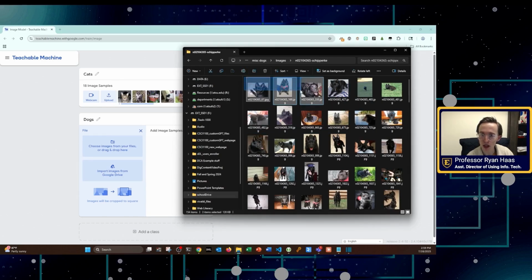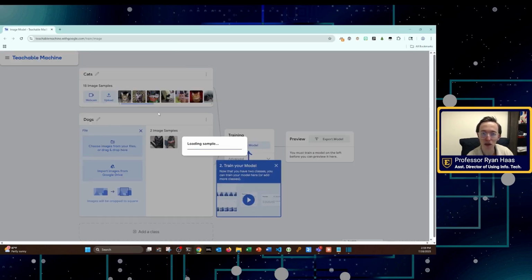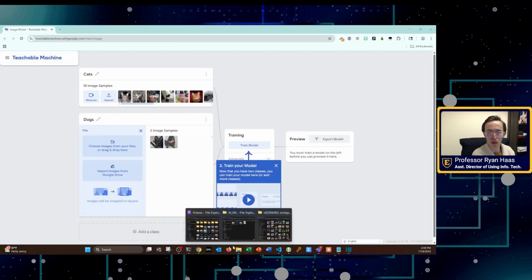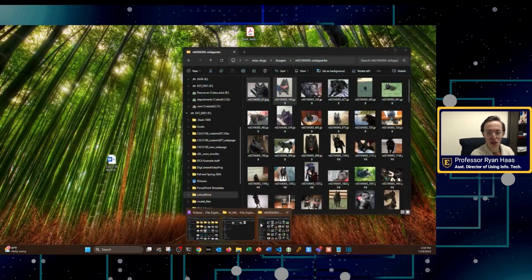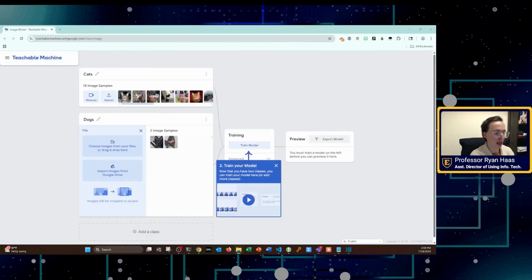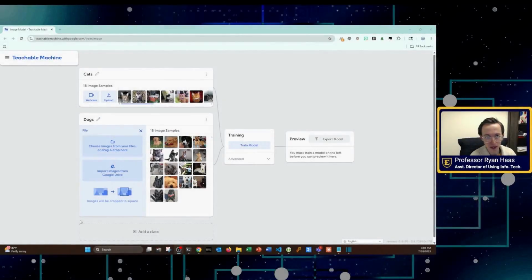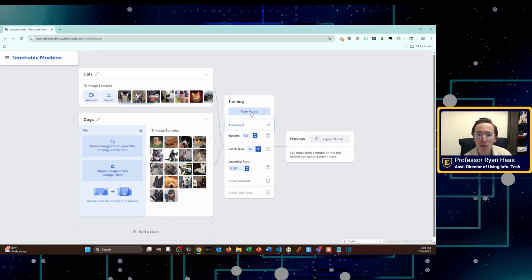So I'll just choose a couple from each, because I'm trying to avoid biasing the model too much toward a very specific kind of dog. Okay, so now I have a few golden retrievers, a few terriers, a few hounds, a couple of Basenjis, and a couple of bulldogs in there. So I've got 18 and 18, and now I'm going to click train model.